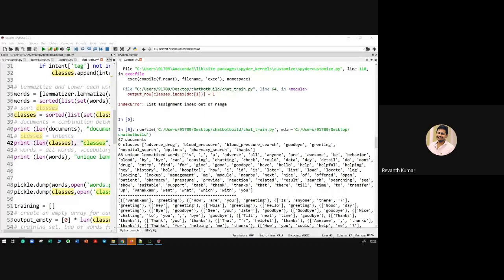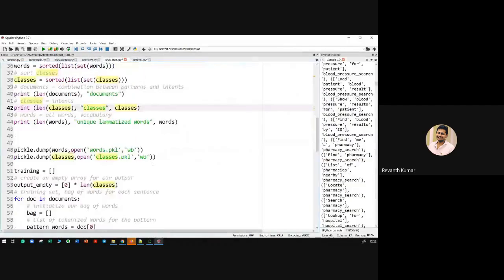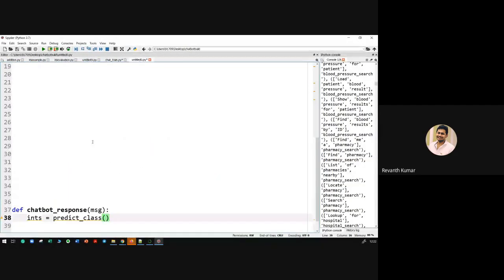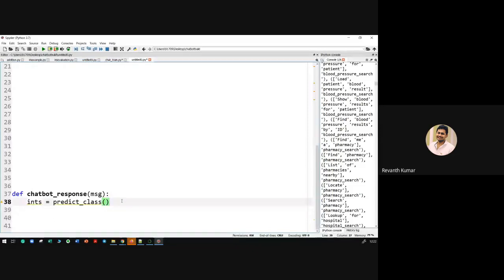Okay, everyone, let's get back. So predict_class is going to be a custom function. This is not an inbuilt function at all. I'm going to predict this class, and then finally I should get